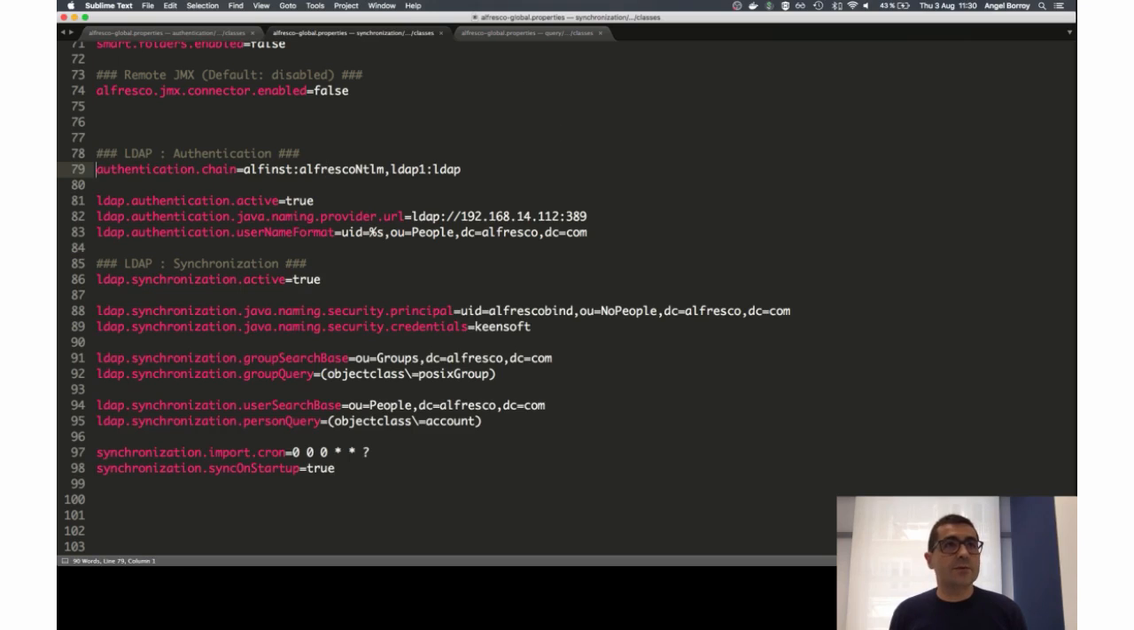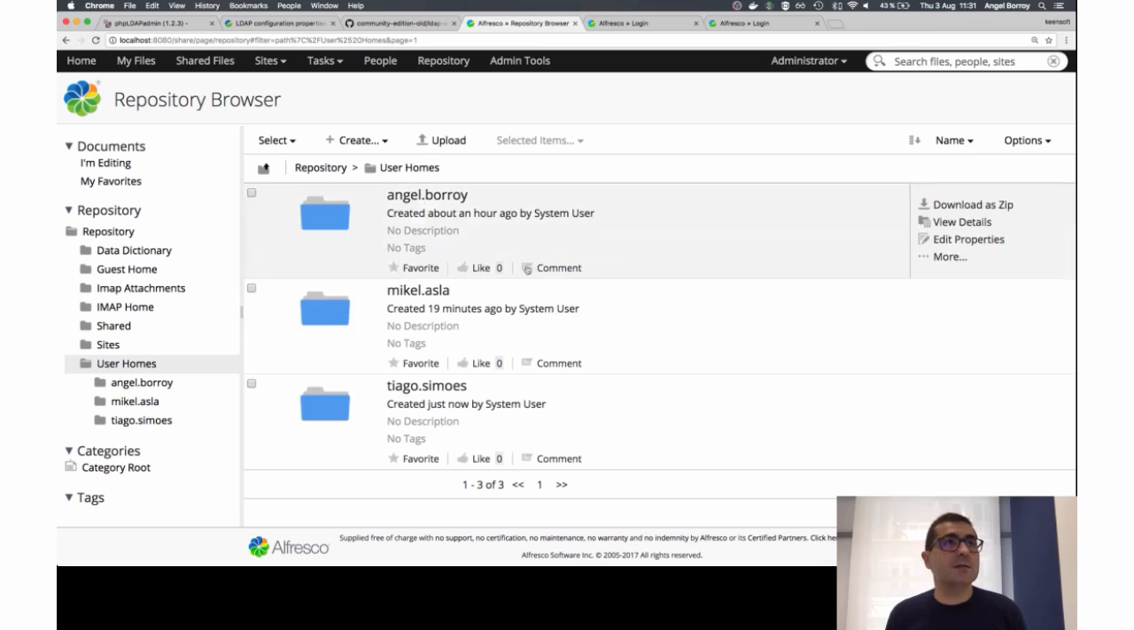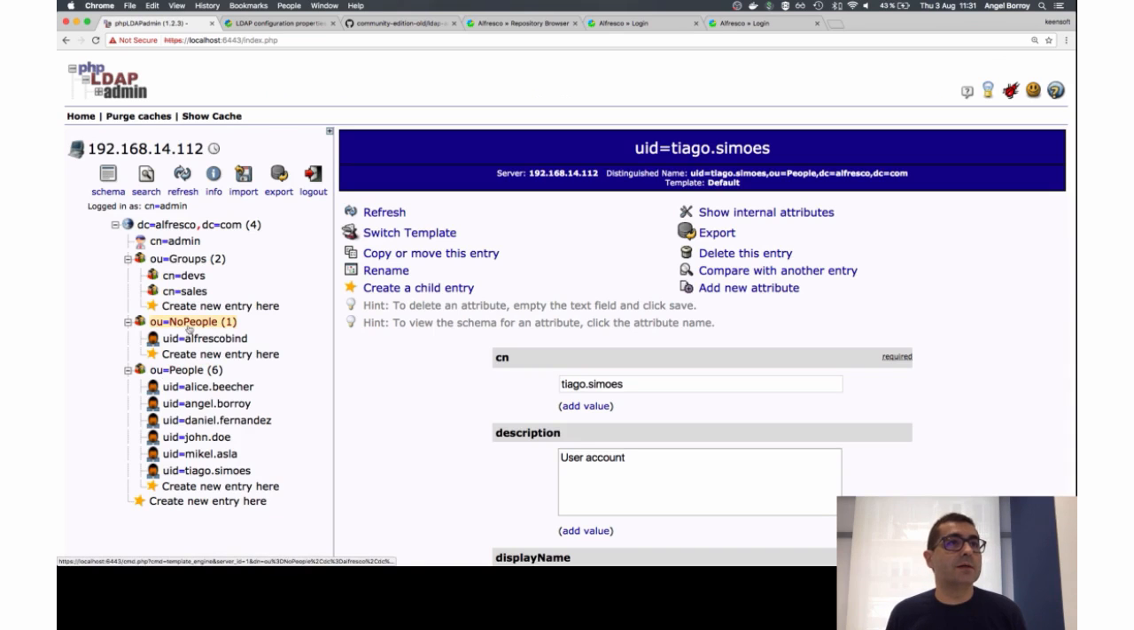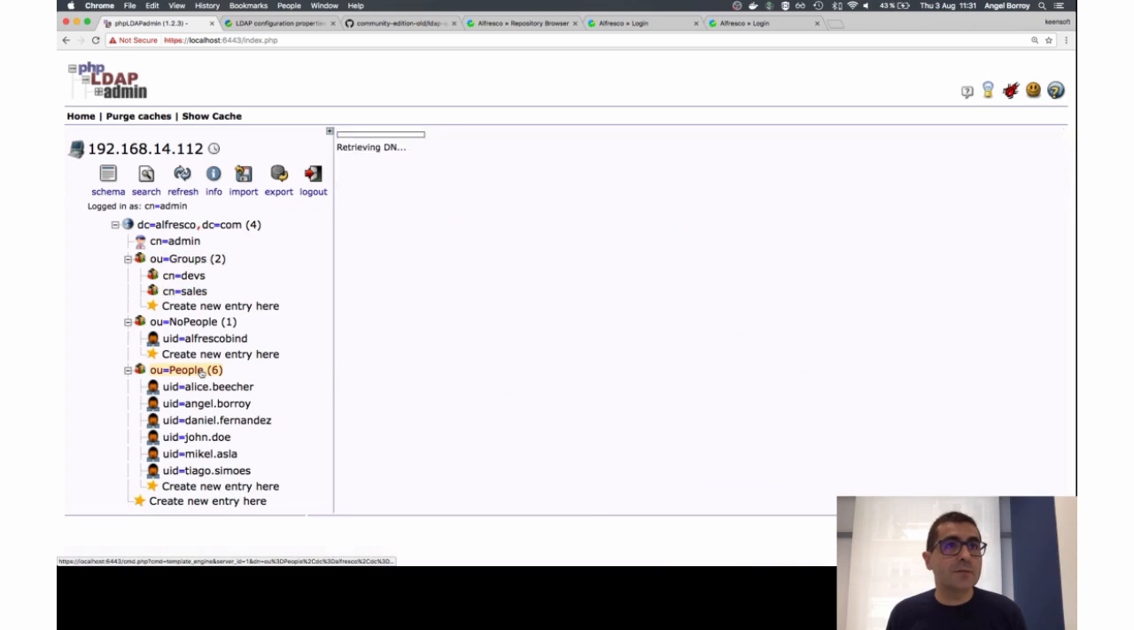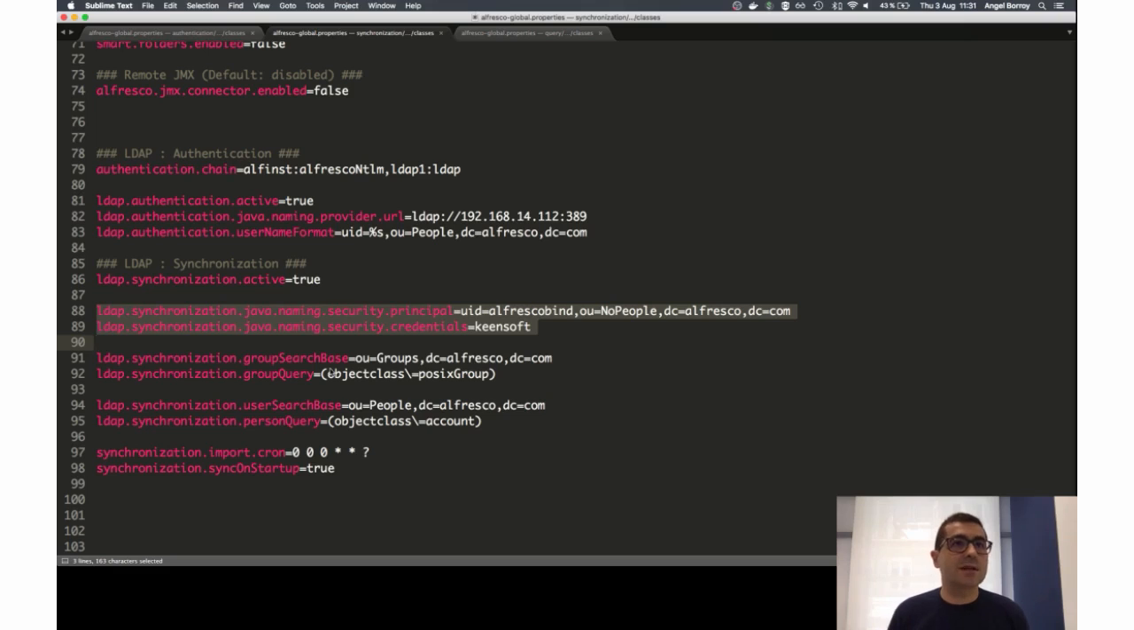We have the same authentication properties, and now we are going to use the synchronization feature. For synchronization, a bind user is required for Alfresco because we need to perform some queries on the system. So in this case, we have defined this Alfresco bind user, which is a special user on our LDAP, which is this one, right? Which has rights to make the queries that we need to extract the groups and the people